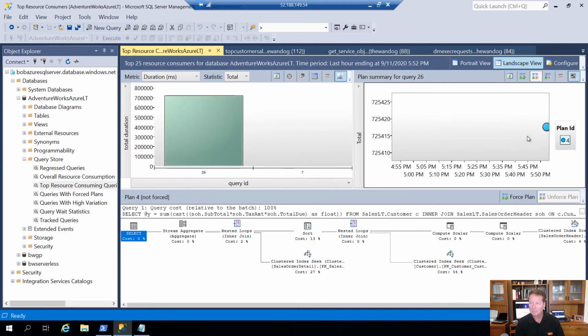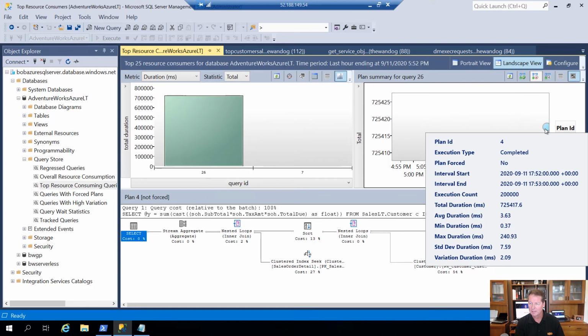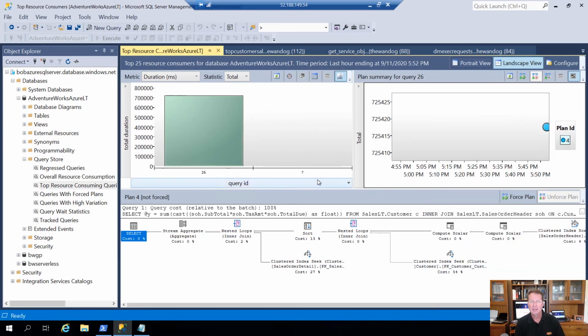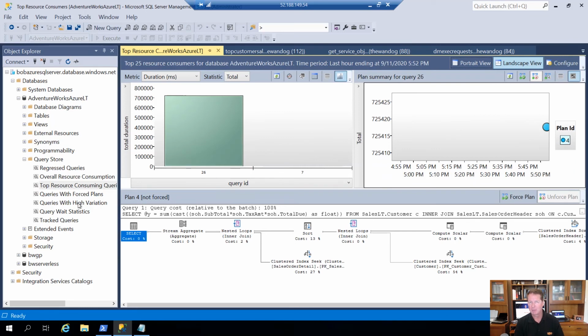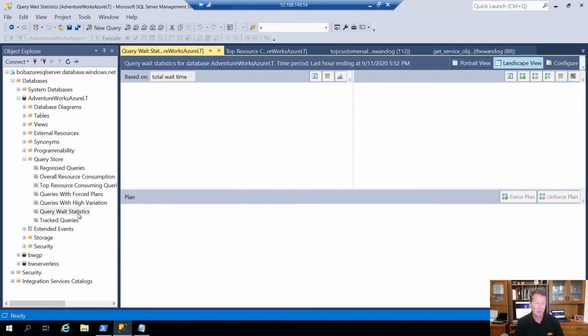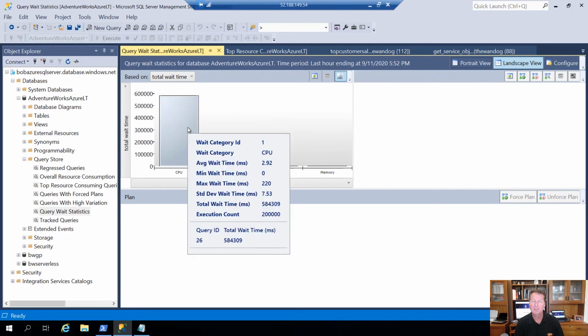And I can tell already by looking over here at the plan that the average duration for this query is something a little bit under 4 seconds, which doesn't seem initially bad, but I'm running this a lot. Now, I saw those SOS schedule yield waits, so I suspect perhaps a problem with CPU capacity. I can look at query wait statistics and find out that sure enough, I'm waiting on CPU resources to run